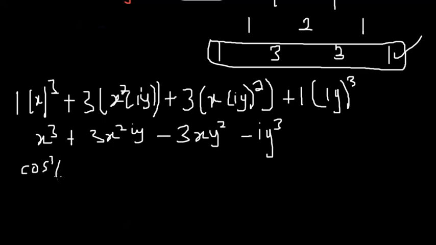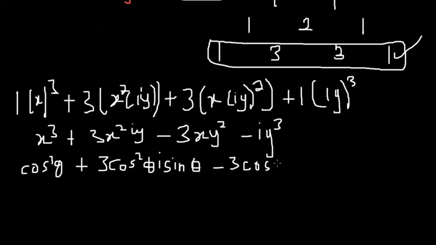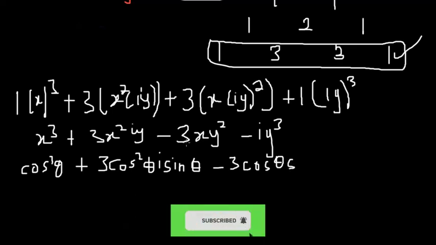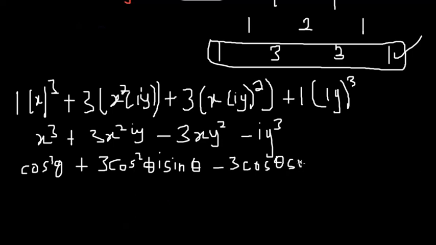Cos exponent 3 theta, plus 3x. So you know that that is cos squared theta. And then we have what? y is what? Sine. We have sine theta. And then we move on to minus 3, again x is what? Cos theta, right? And then we have our sine. There's only y, so we have only sine, so sine